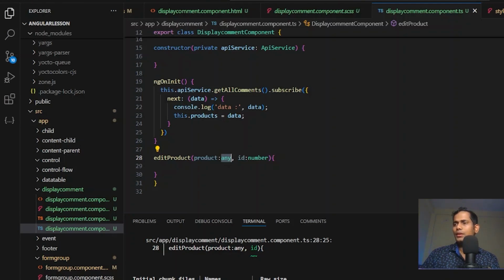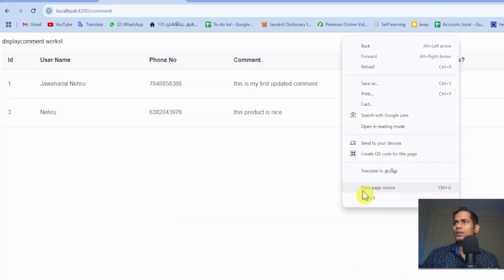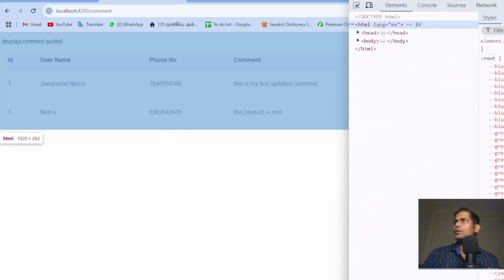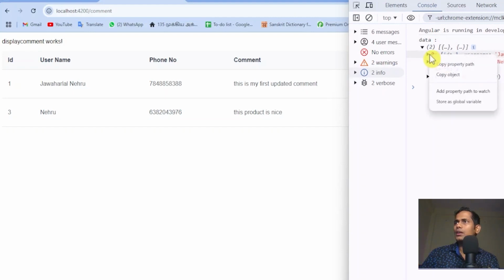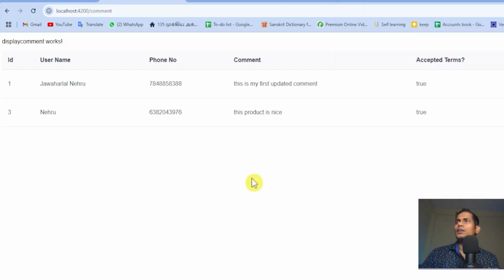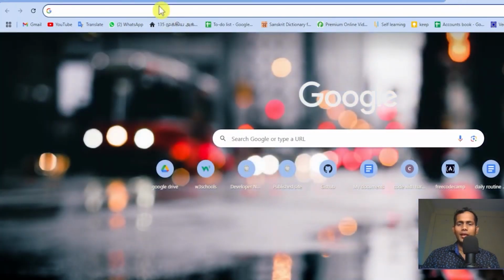Okay, so let me go to our output. In the inspect, we have the data model. Okay, we have this, guys. Simply, this is the object. Simply right click, and there is a copy object option. Copy object, and I have copied the object and opened a new tab. In the tab, I type